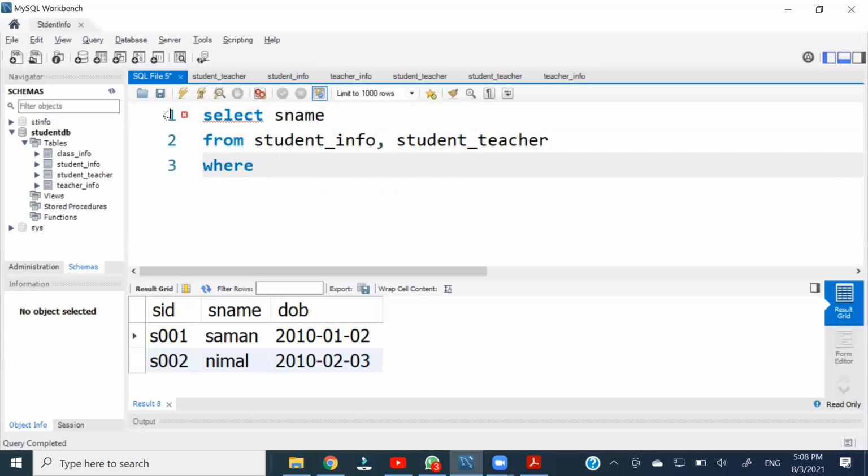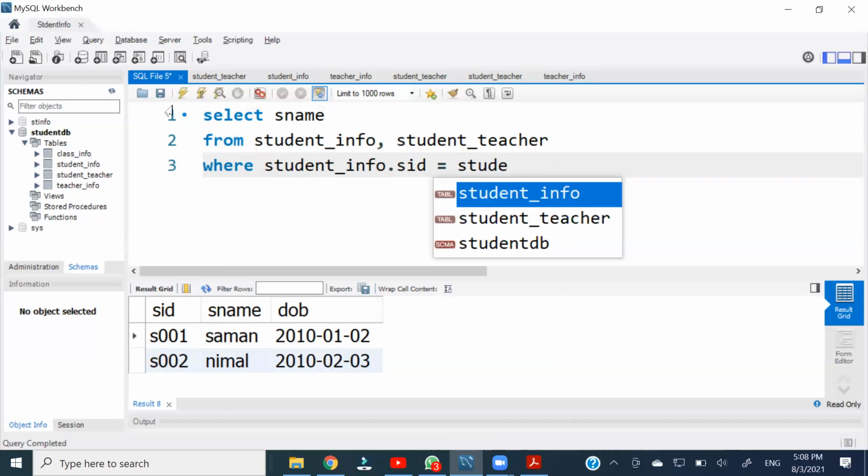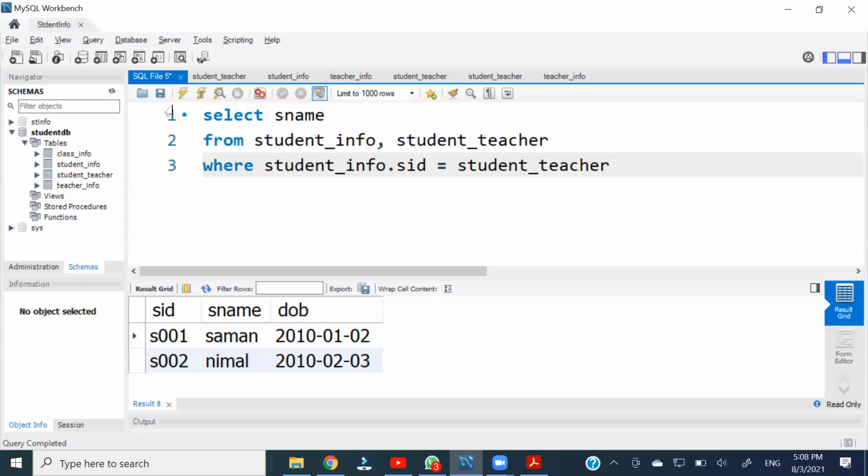And we have to give the condition where student info dot sid equals student teacher dot sid. And